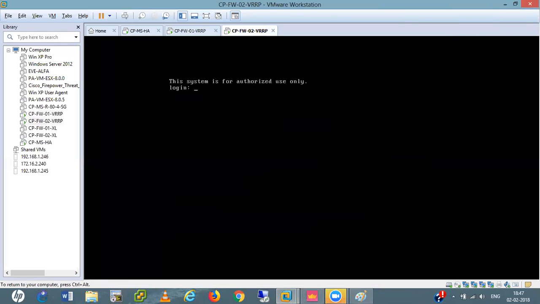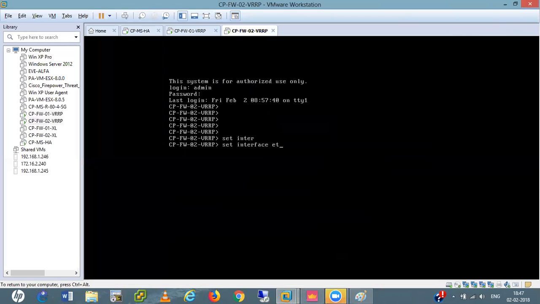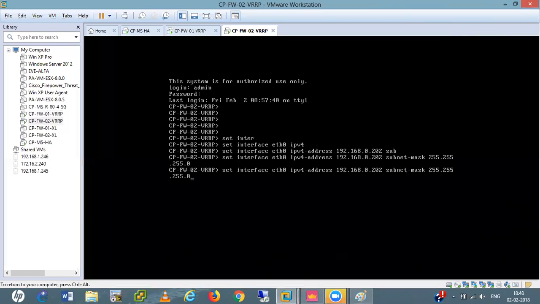If I log in here, admin 123. So I set the interfaces. Set interface ETH0 IPv4 address 192.168.0.202, subnet mask 255.255.255.0, and 10.2.2 on Ethernet 2.